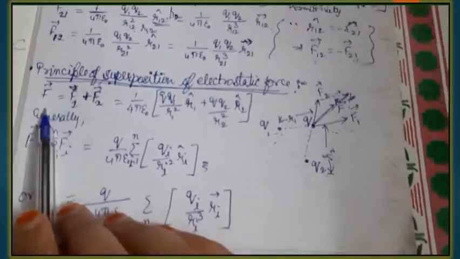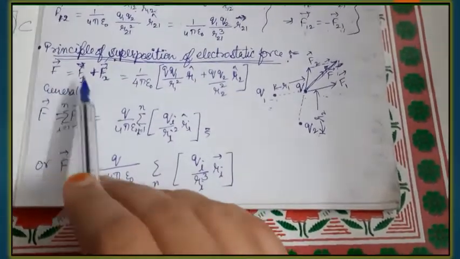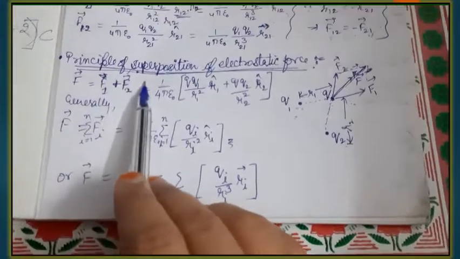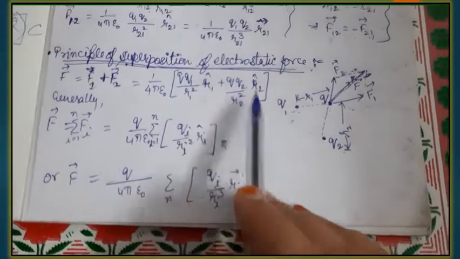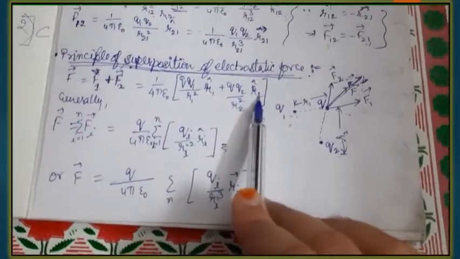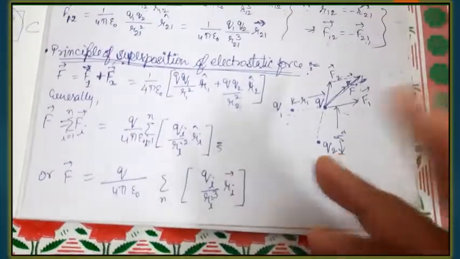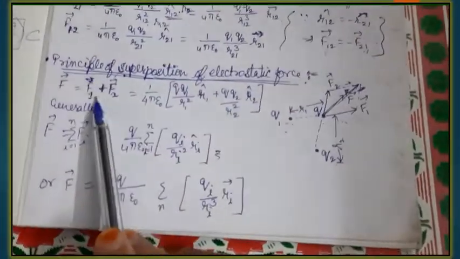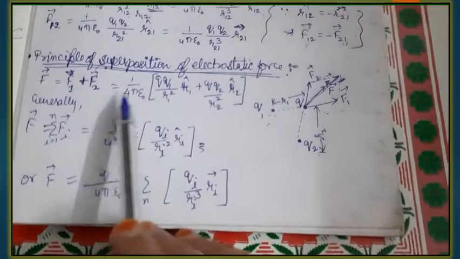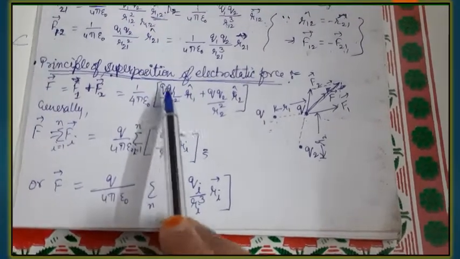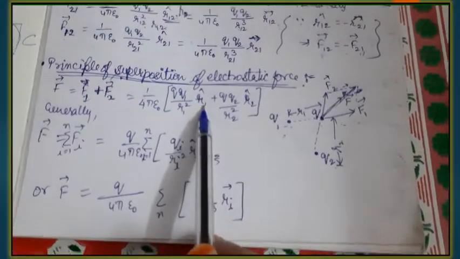Now we can write it mathematically in this way. The net force is vector F1 plus vector F2. That is, we are taking the vector sum, and when we are taking the vector sum, we need to mention the position vectors as well, because they make a vector. Without the position vector, it will only be a scalar quantity. So I have written the values of F1 and F2 by Coulomb's law itself. F1 is 1 upon 4 pi epsilon naught q into q1 upon r1 square. r1 is the distance between the two, and r1 cap shows the direction.